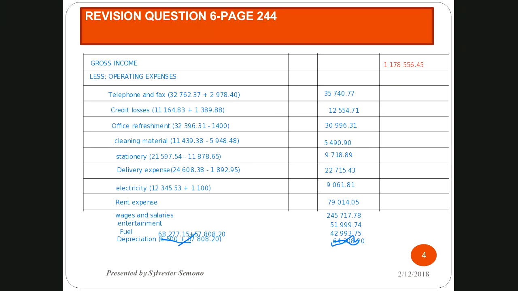Now let's add all the expenses so that we can find the total. I'll try to add this side, all the expenses together. 35740.7 plus 12554.71 plus 30996.31 plus 5490.9 plus 9718.89 plus 22715.43 plus 9061.81 plus 79014.05